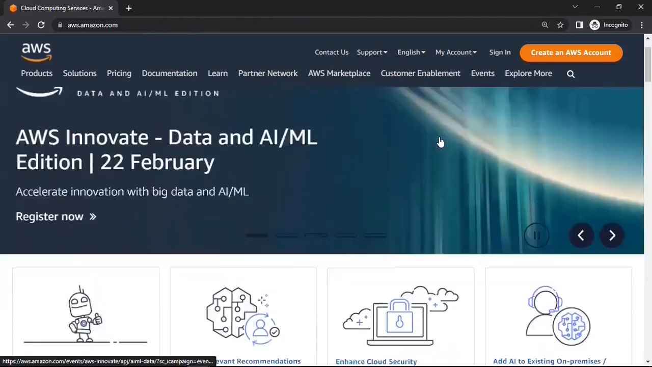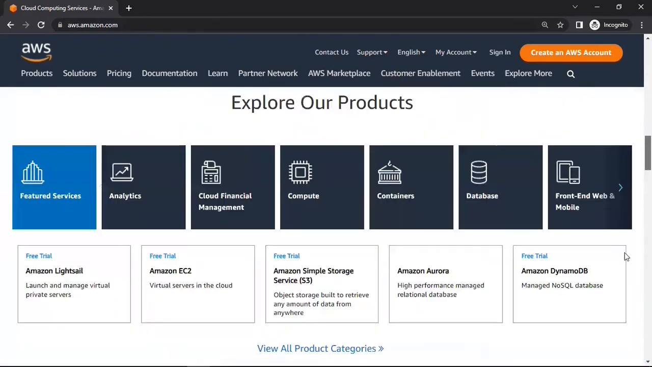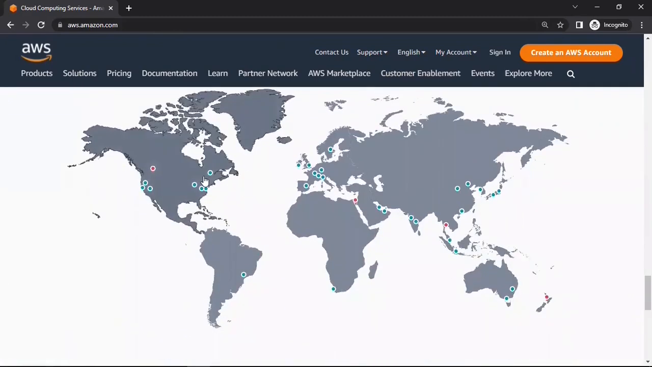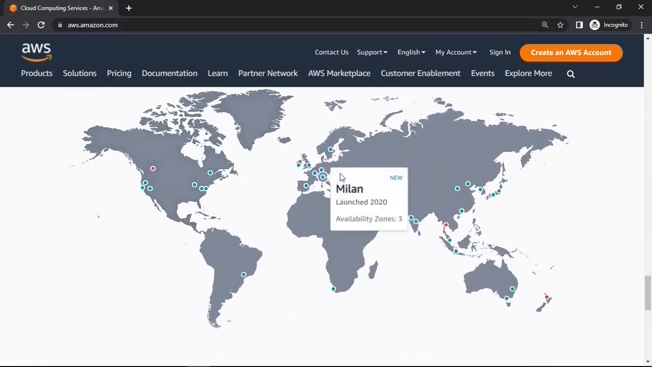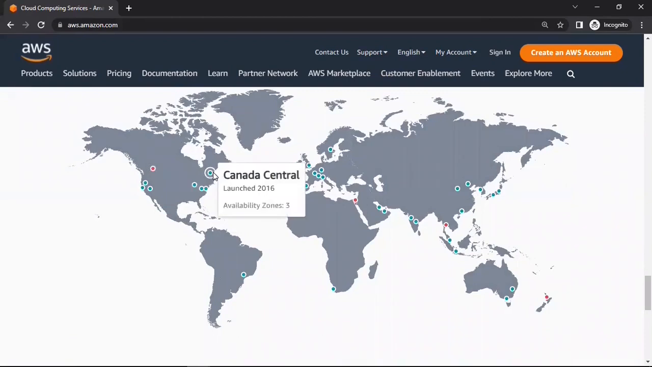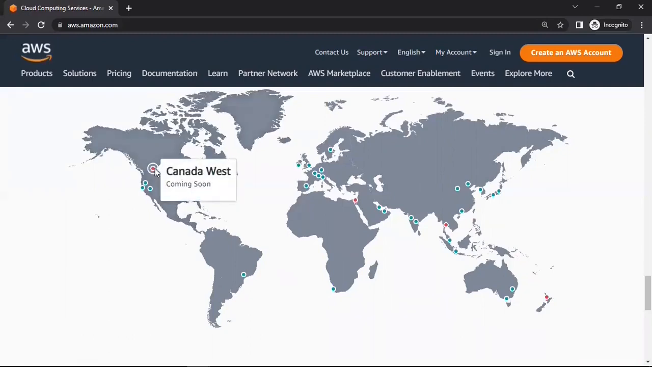If you scroll down the page, at the bottom, you will see the section Global Network of AWS Regions. This is the list of the regions where AWS has hosted its regions across the globe. There are two color dots, the green one and the red one. The green dot means the AWS region is official and you can host your applications in this region. And the red dot means the AWS region is coming soon and it's not yet ready to host applications